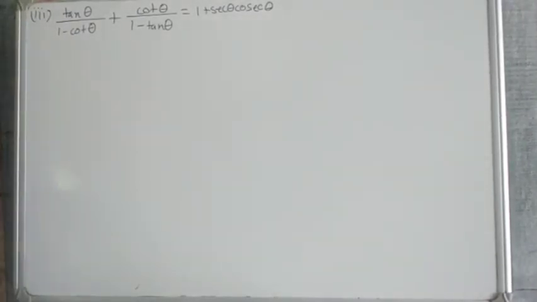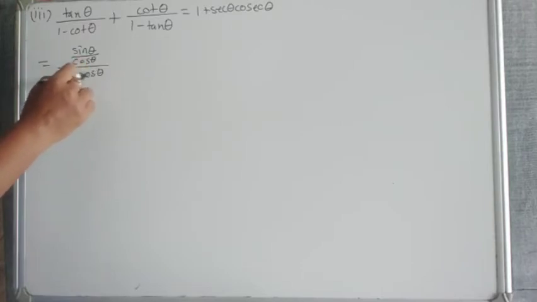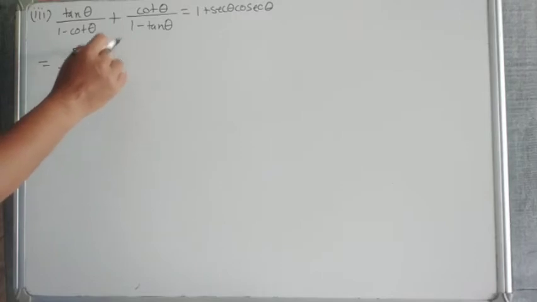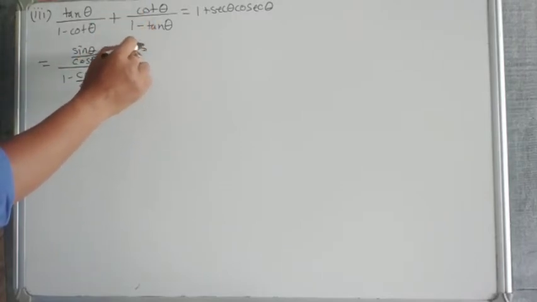So, the third part. Now in this question, first you will make everything into sin and cos. Okay, so first is easy. How will you make it sin and cos? Tan theta is sin theta by cos theta, divided by 1 minus cot theta. Now you have understood cot is cos by sin, we can do that, because we have done so many questions. Plus cot theta will become cos theta by sin theta.